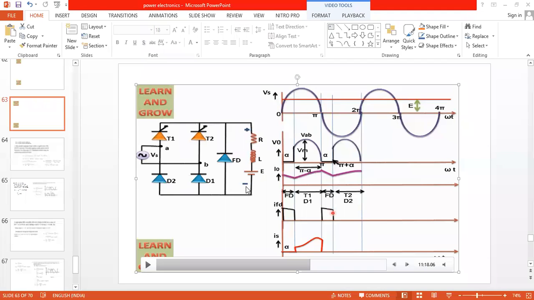Now imagine the motor is connected to the inductor. Now this motor has to rotate continuously even under the absence of the input supply. Therefore, what's going to happen? Energy released by the inductor in the absence of input supply is transferred to the motor. So with the freewheeling diode, energy released by the inductor will be transferred to the E.